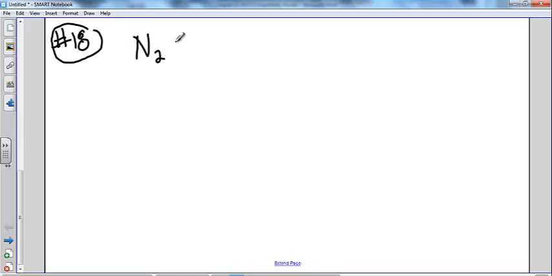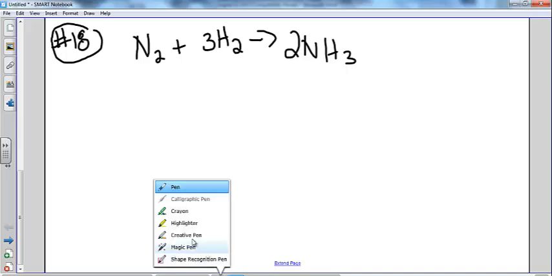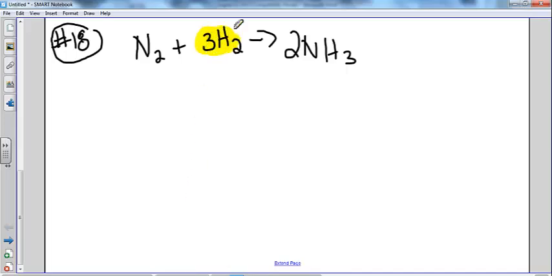This is a pretty common reaction where we take nitrogen, react it with hydrogen, and we get ammonia, which is really important for agriculture because ammonia is a really common fertilizer. All we want to talk about is the relationship between the rate of production of ammonia and the rate of consumption of hydrogen. These are the two we're focused on, and this is going to seem super simple, at least I hope so. We're looking at nitrogen compared to hydrogen, and regardless of how you want to manipulate it or look at it,